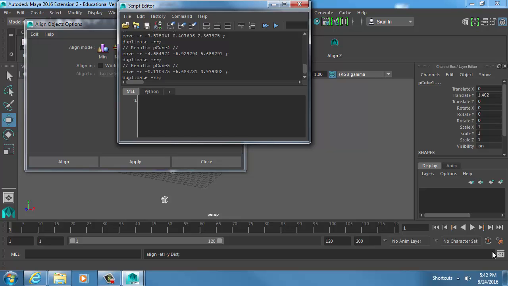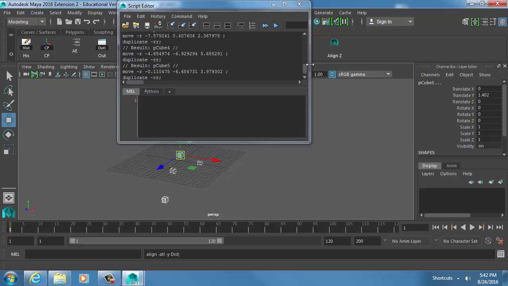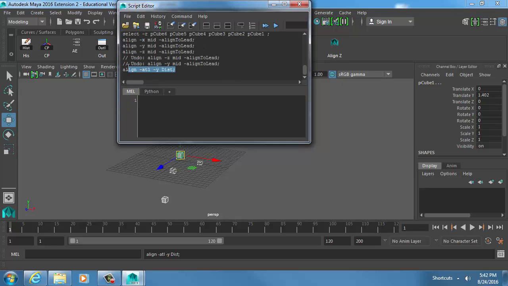Basically everything that you do inside of Maya is run by a script. There's some script that's running. You make a sphere, a cube, or a light, it's running a script that creates all the stuff. So whenever I do something like align objects, it's running a script so that I can go see what that script is doing. So this script says